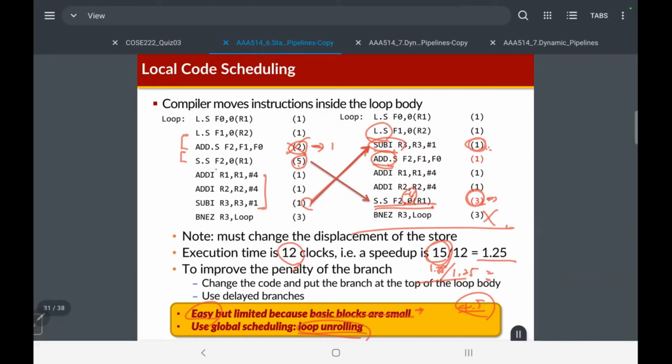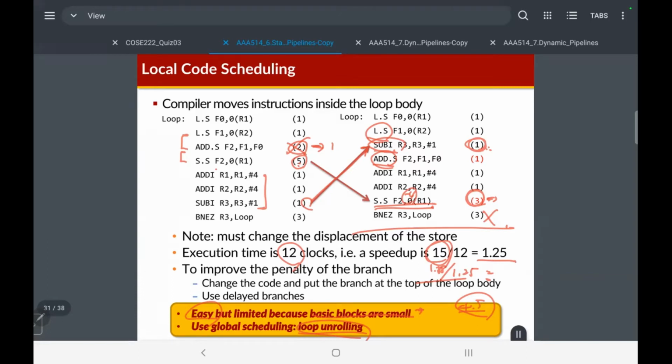I explained about local optimization and global optimization by compilers. Local optimization means that compilers can reorganize the order of instructions inside of a basic block. In a basic block, if the first instruction is executed, then we can guarantee that instructions are executed in order until the last instruction of the basic block. So it's very easy if the compiler knows the processor architecture to reorganize the order of instructions inside of a